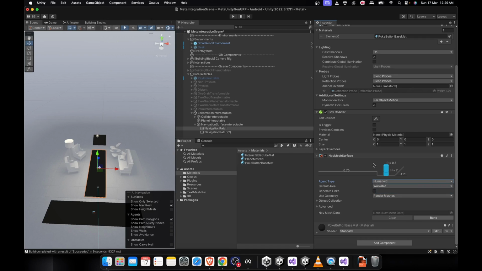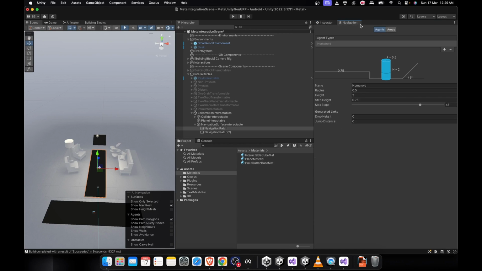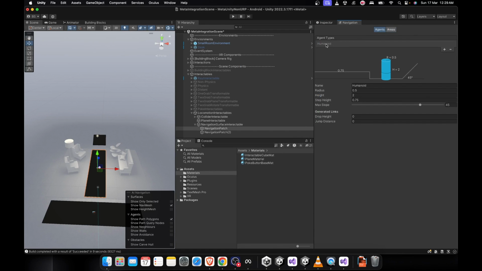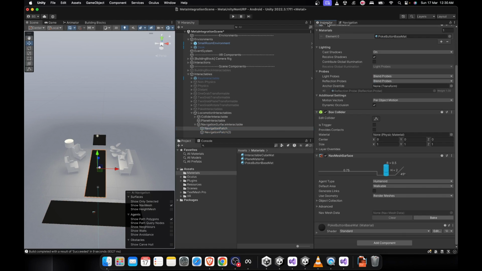The first thing you would see is that the agent type or the area type has been updated. So we now have this new menu called Agents and Areas, which shows the agent settings and the areas defined. So you can have multiple agents as well. The current or default one is the Humanoid. And if we go back to the inspector menu again,